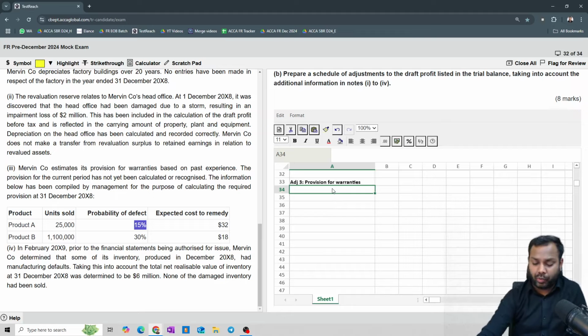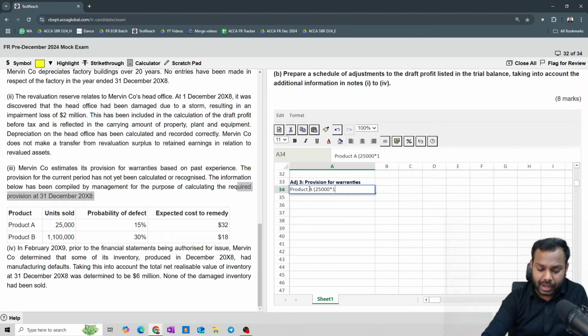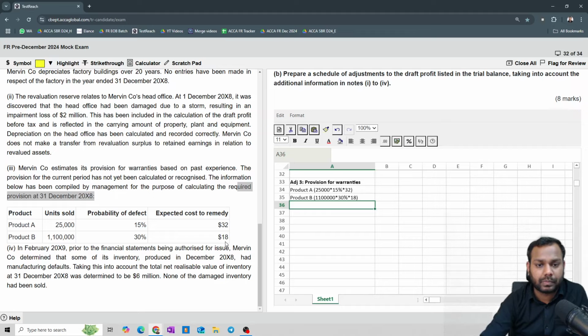Now, what is the provision required for product A? Product A, the provision required is 25,000 multiplied by 15% multiplied by 32. Now for product B, what is the amount of provision required? 11 lakhs multiplied by 30% multiplied by $18. Now what is the amount? It is equal to